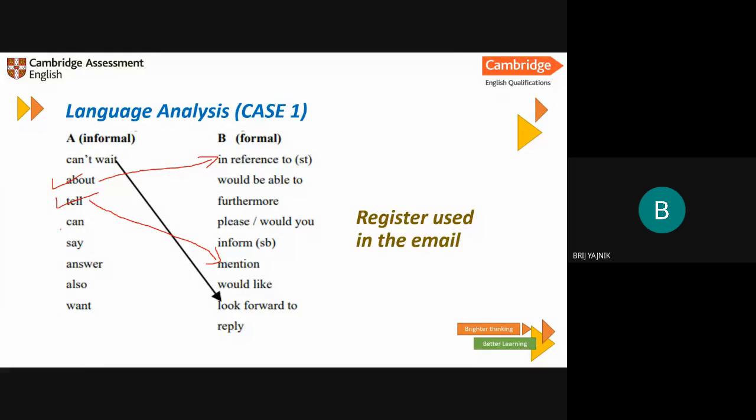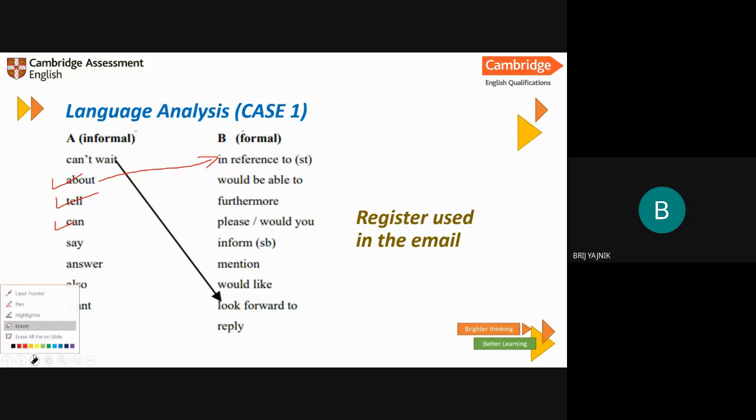Okay, what about the word can? I can do it. First of all, you need to understand the word can shows the ability. Now, which of these formal frameworks are showing ability? Ayushi, that's not mention. Mention is something else. Oh, sorry. Why did I take it to mention? I'm sorry.